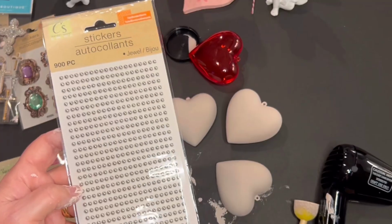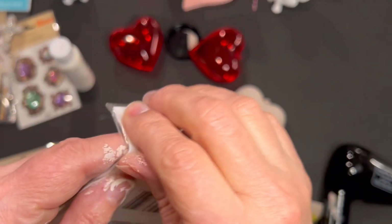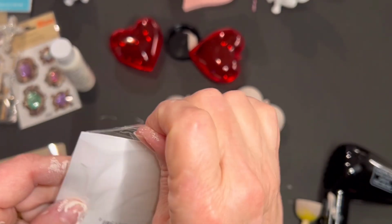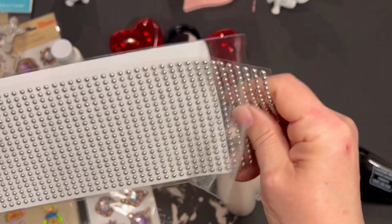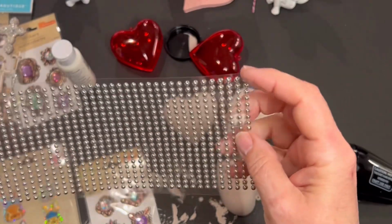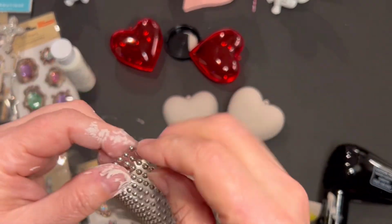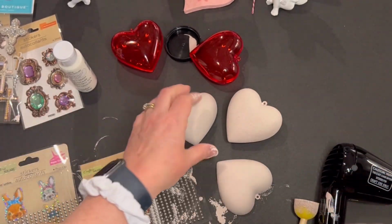Once that's dried, I'm using some of these little self-adhesive beaded jewels that I also purchased from the Crafters Square at Dollar Tree. I really like using this decorative embellishment because you don't need any hot glue or adhesive. They simply pull off of that plastic sheet, and then you can just lay it down along the seam line